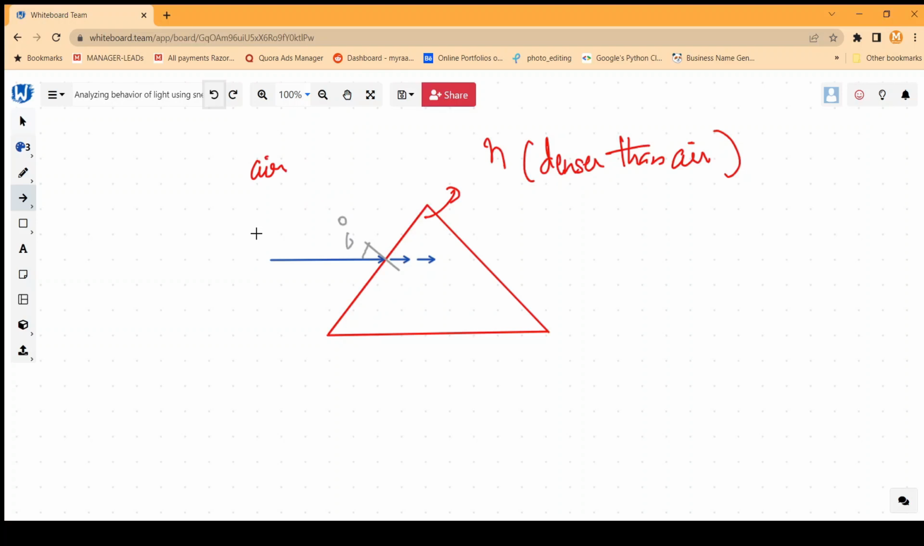We know that light is coming from a lesser dense medium to a denser medium, glass, hence it is going to bend towards the normal. From here, it's going to bend like this towards the normal, right? And this small angle here will of course be smaller than alpha, and this is going to be beta, which will be our angle of refraction,